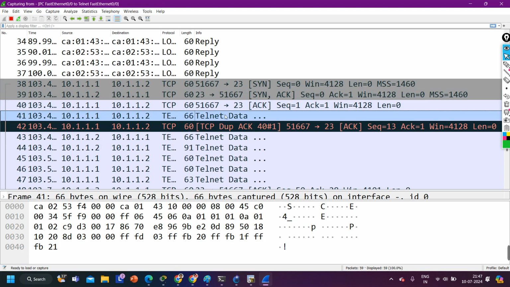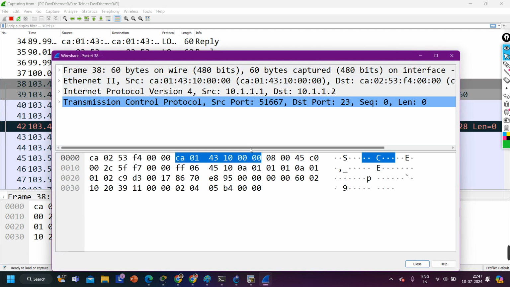So before sending the actual message, see, these three messages should be clear to you. Why is it sending these three messages? Because telnet is a TCP based protocol, and TCP establishes a connection before sending actual data. So if you open the SYN message,